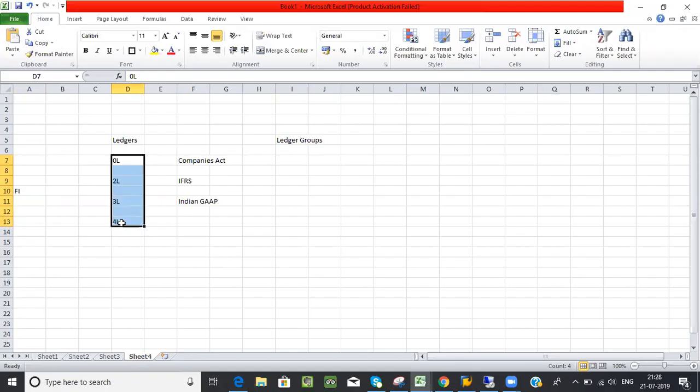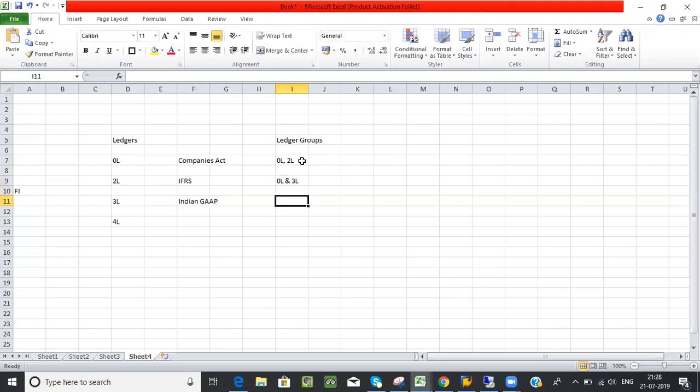But I want certain transactions to be posted exclusively in one ledger or multiple ledgers. How can I make a difference using the ledger group concept? In the ledger group, I will club a few of the ledgers. I'll say one ledger group, with one code for this. Within this code, I have these two ledgers, and I have another code where I have 0L and 3L